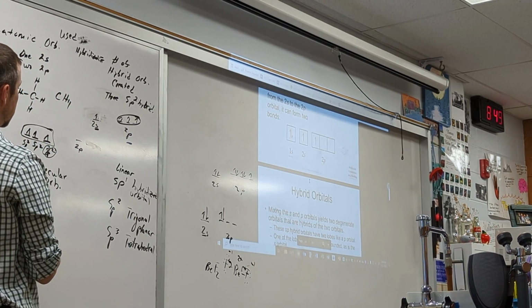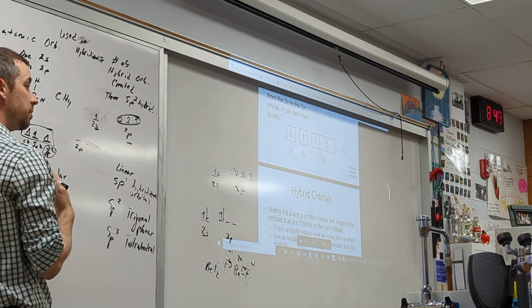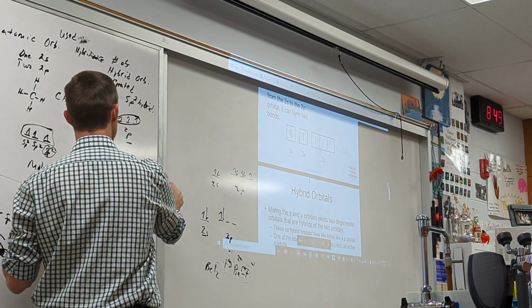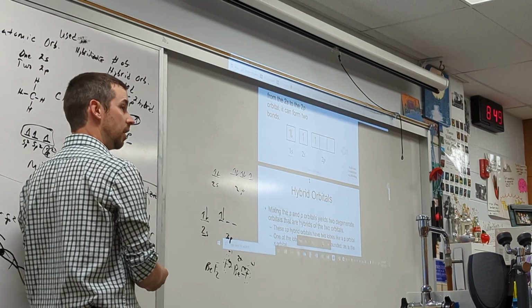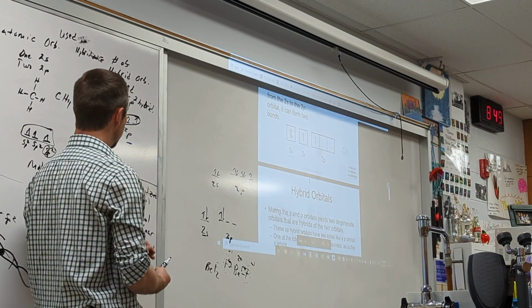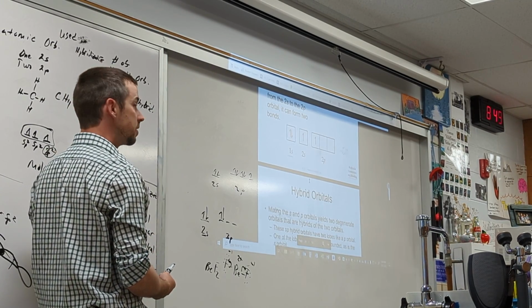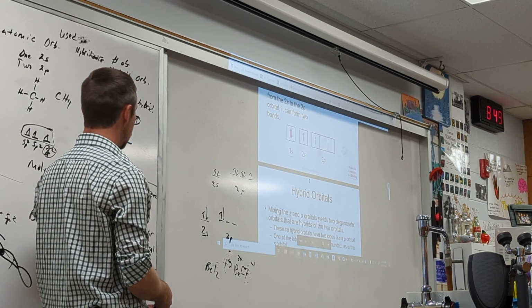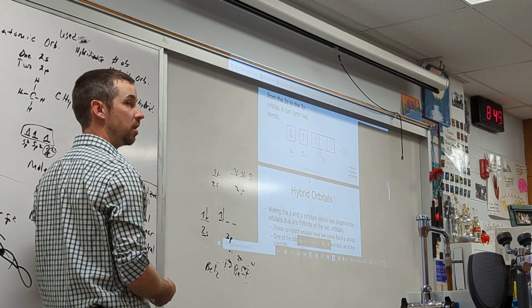Yeah, the molecular geometry is tetrahedral. So I think the simplest thing for you to do, legitimately, is almost to just memorize this. I think that's sufficient. If the molecular geometry is tetrahedral, it's sp3 hybridized, almost always. If it's trigonal planar, it's got to be sp2 hybridized, almost always.